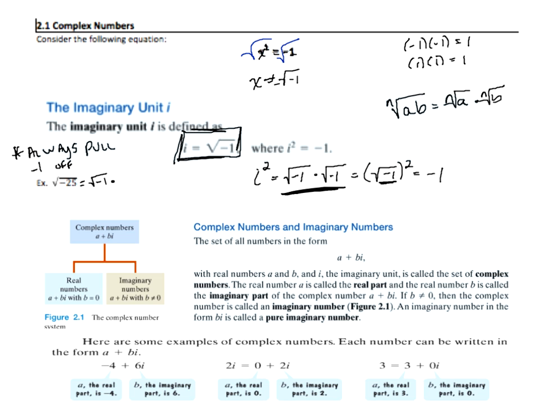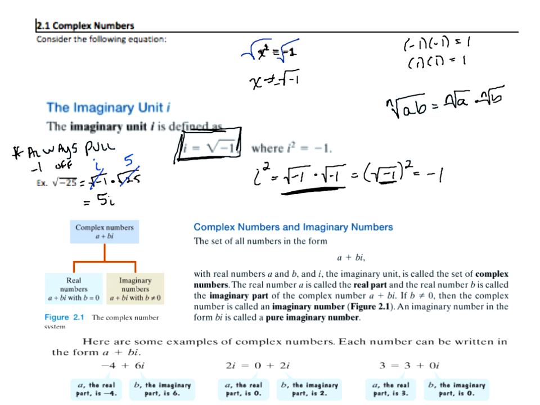Turn this into the square root of -1 times the square root of 25. We now have a definition of the square root of -1, and that is i. The square root of 25 is 5. So we say that the square root of -25 is 5i. All right,